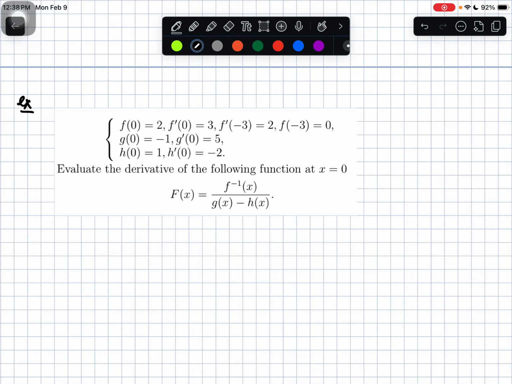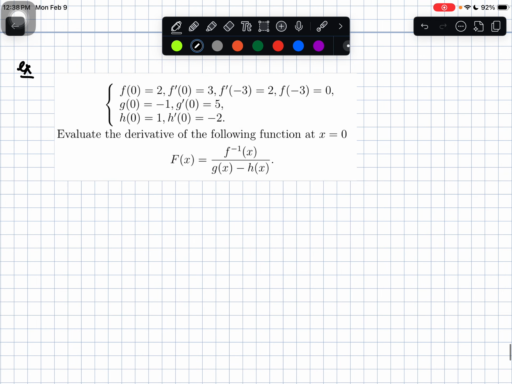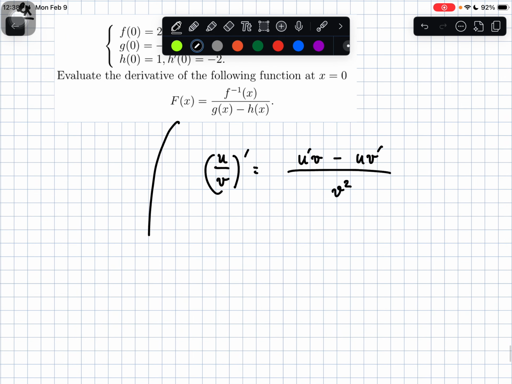Here we need to evaluate the derivative of the function f of x equal to this one. So we use the quotient rule: u v prime, u prime v minus u v prime, divided by v squared. So with that you have f prime of x,